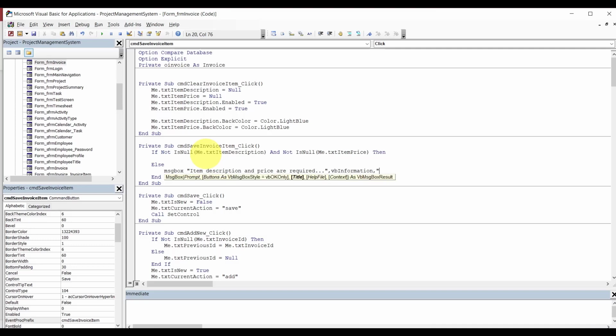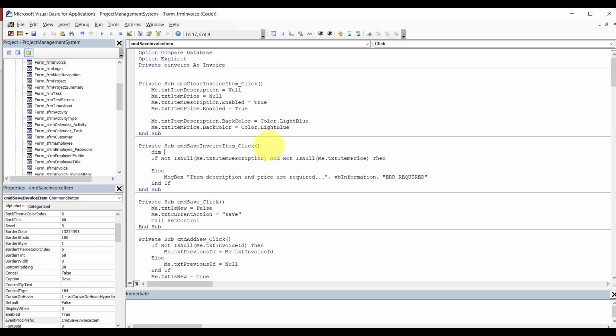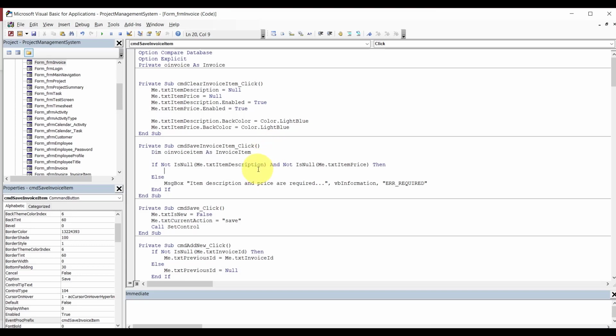Information, and then put required. That's it. Otherwise, see how we are dancing here. Dim O invoice item as invoice item, and here I'm going to say set O invoice item equals new invoice item,